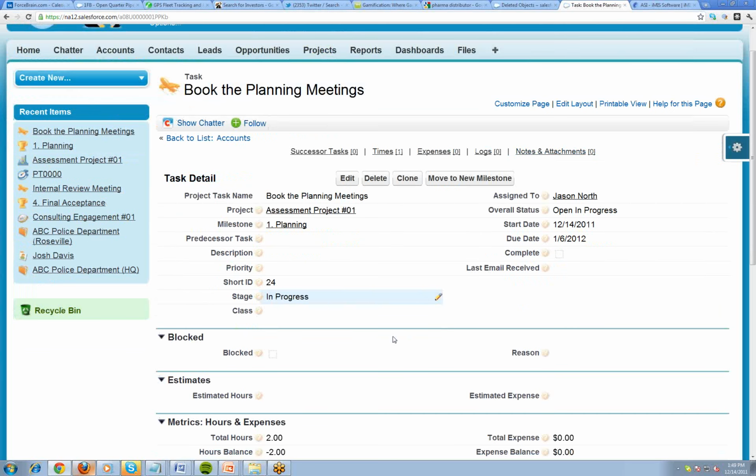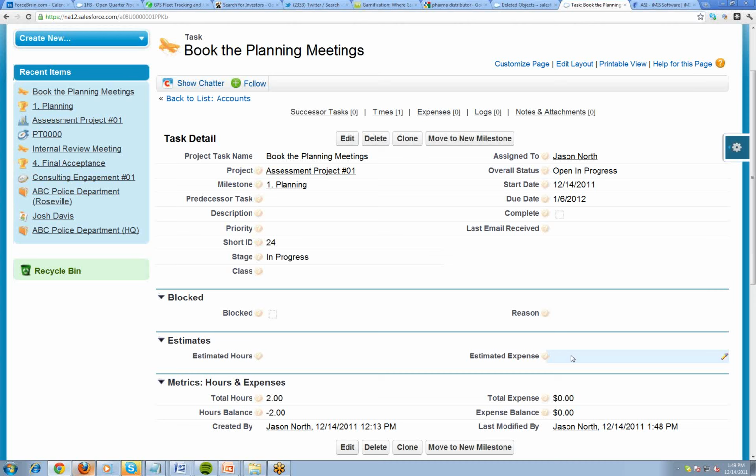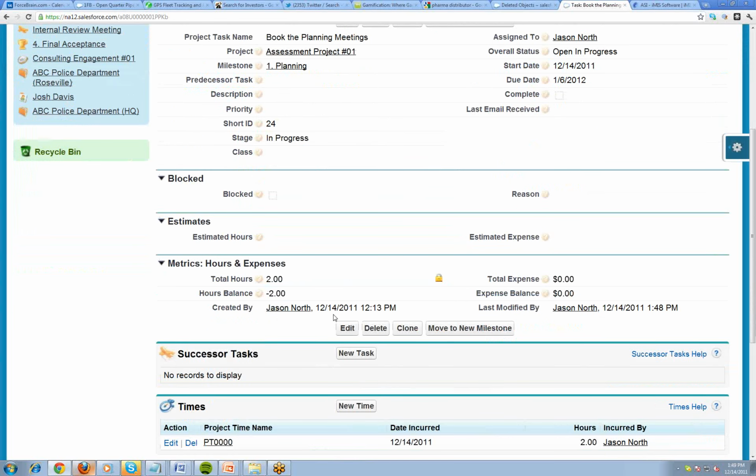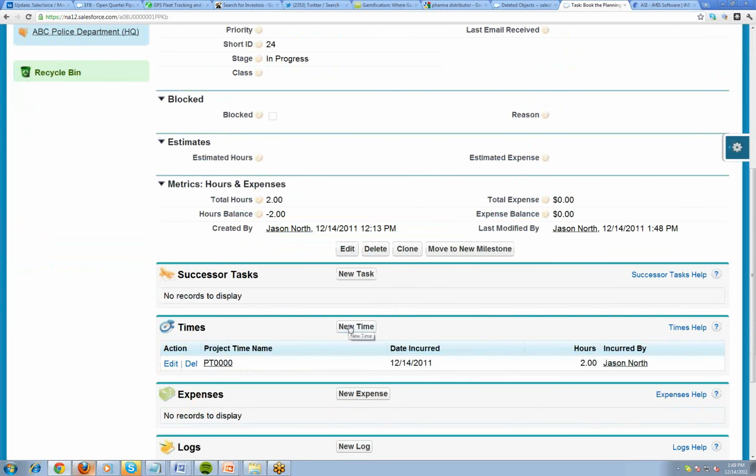They can have hours and expenses associated with them, and you'll see hours and expenses are totaled up here. Because there's not a budget that's been set, it's saying -2. But I went in and logged new time against it and logged 2 hours. Hopefully it doesn't take me 2 hours to book a meeting, but then you'll see that that's being rolled up